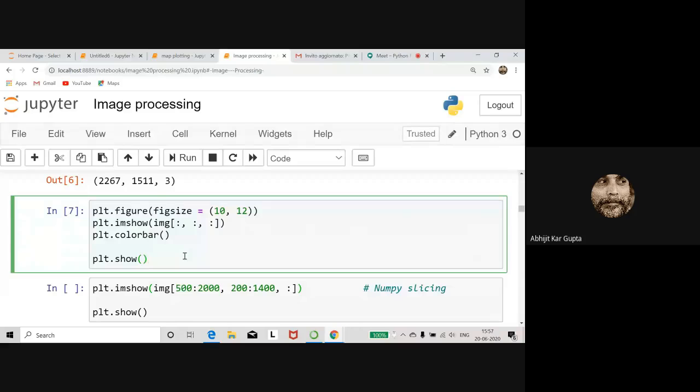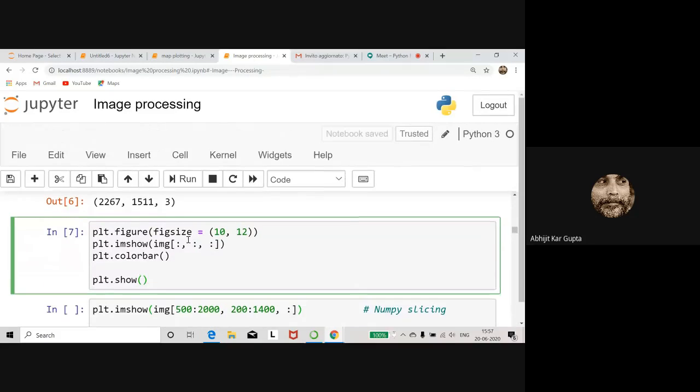But if we can handle this with Python, we can actually have control over the data. Piece by piece, point by point, we can manipulate the data.